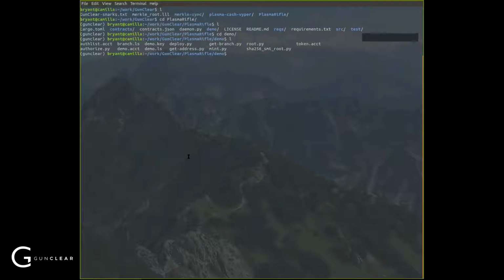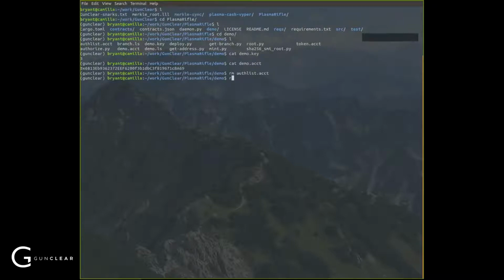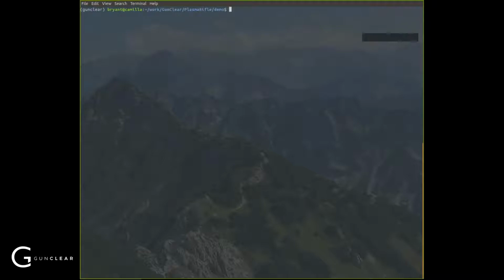So I had a few just utility things that'll demo me, create a demo key for me. So that's the fake private key I'm using for this exercise, and it generates this Ethereum account, similar to how it will work in the app. And yeah, I'm gonna get rid of that. And get rid of that. Cool. So I'm gonna deploy